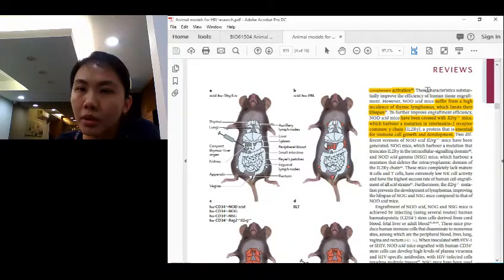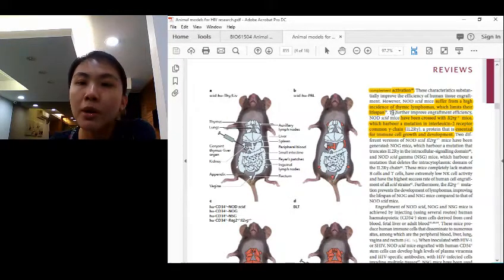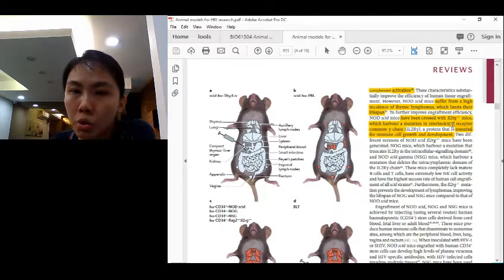activation. However, these NOD-SCID mice suffer from a high incidence of thymic lymphomas, which limits their lifespan. So this is not something that you want. With mice of limited lifespan, you cannot test very much in terms of how HIV infection will occur later on. So to further improve engraftment efficiency, they crossed these mice with another type of mice harboring a mutation in the interleukin 2 receptor common gamma chain. Hence, you have